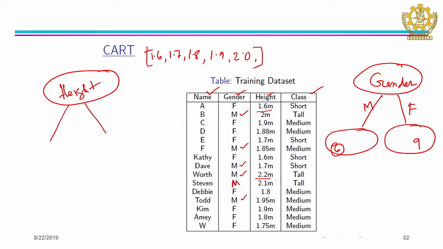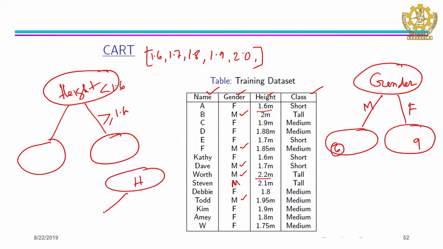So, now what do you do? We will put on the left side if it is less than 1.6 height, and this side is greater than or equal to 1.6. Similarly, we do the same for height: one side is less than 1.7, on the right side greater than or equal to 1.7, and for each case we have to compute that split function, that criterion function, and then wherever we get the maximum,